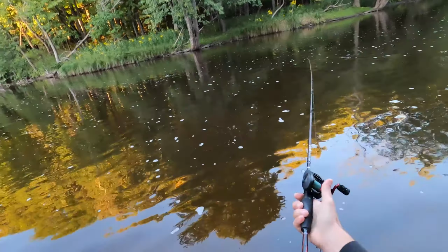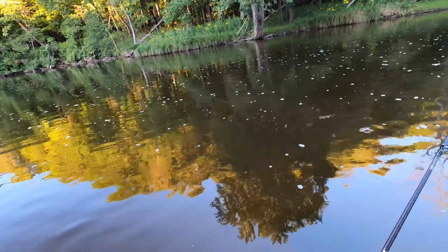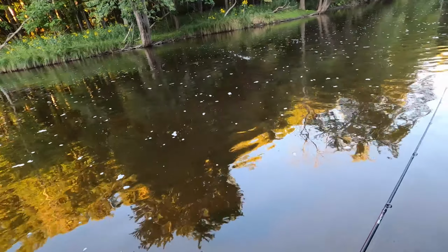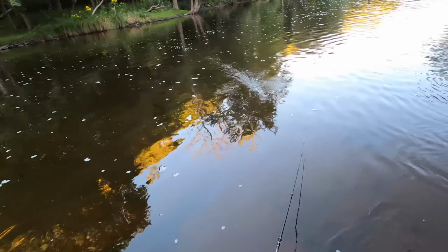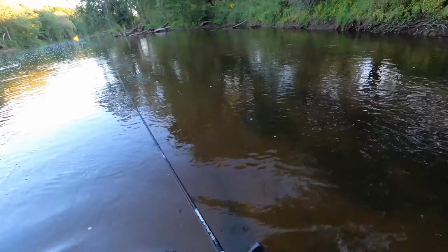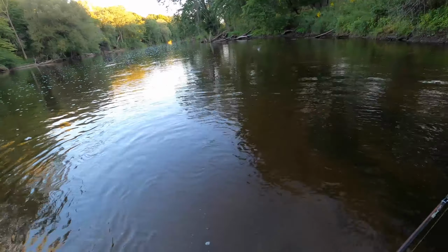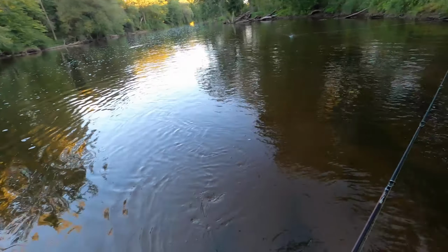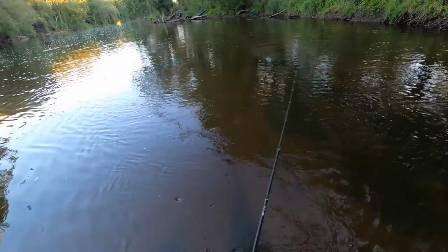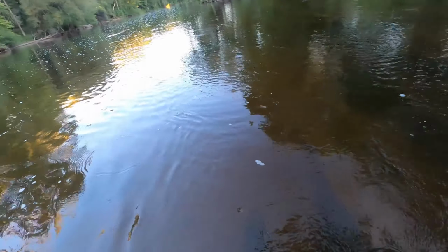Yeah, it's still pretty deep. Last time I waded this river, I wasn't up to my pockets as I am right now. Getting a little cold up in there, if you know what I mean. I might have to get out of the river. Fish from the bank a little bit. I'm trying to get down to those lily pads at the...